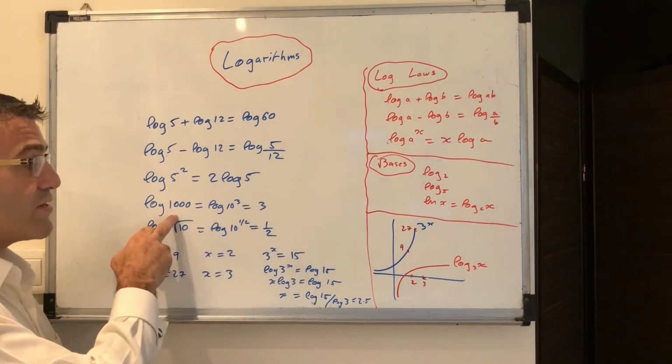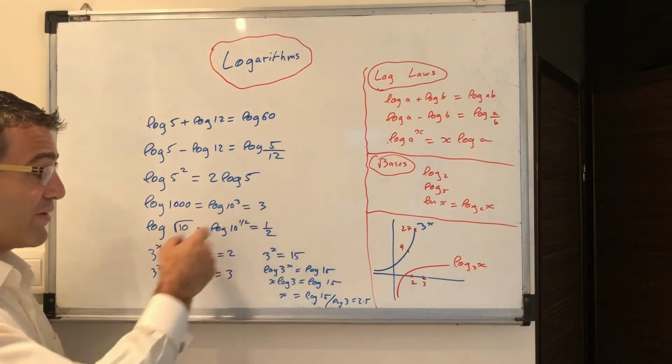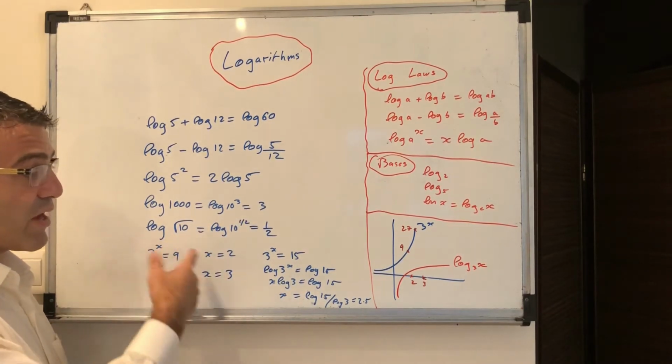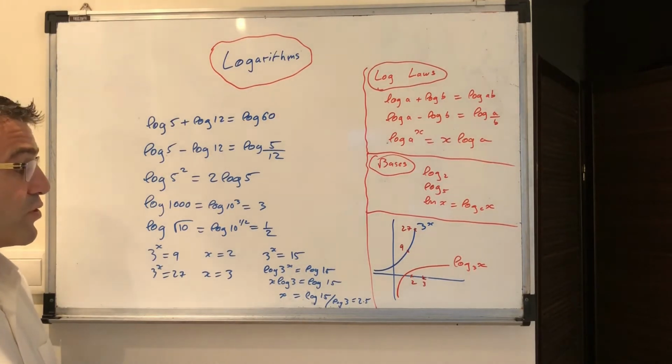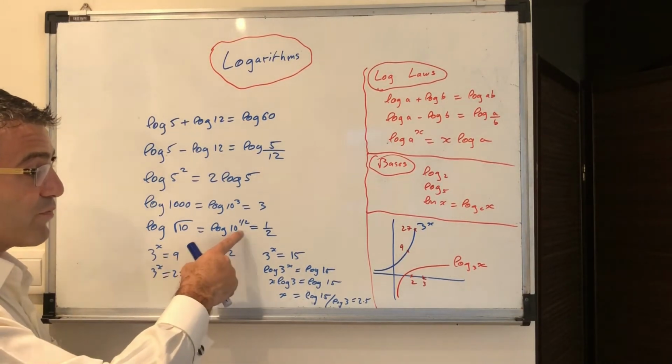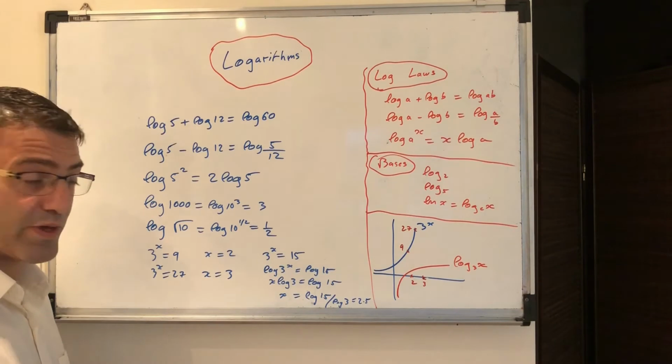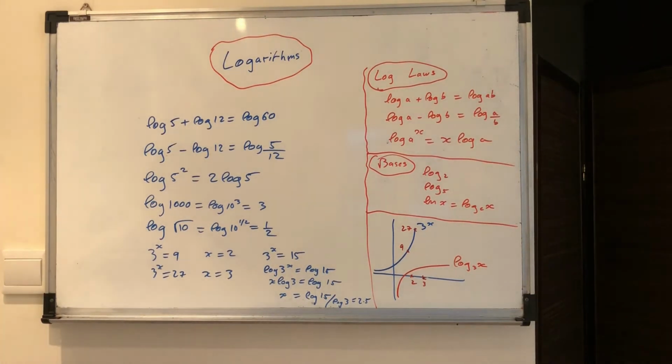If I had 100,000, log of 100,000 would be 5. Here I have log of root 10. Now in mathematics, square root is to the power half. So log of 10 to the power half, well, that's just a half. Okay? So this is how you can deal with logs in different bases, how to